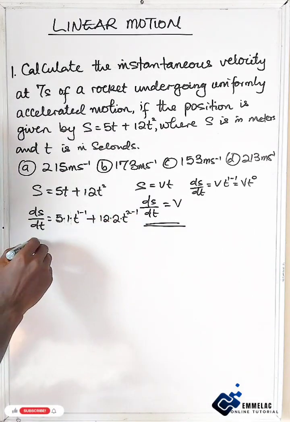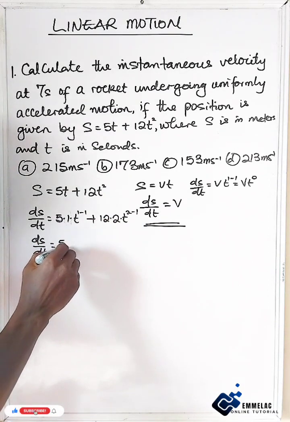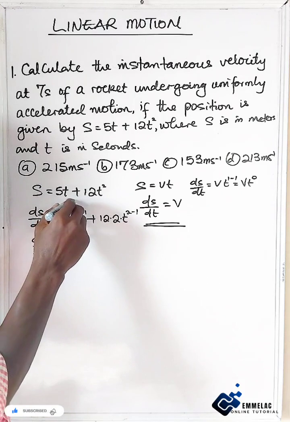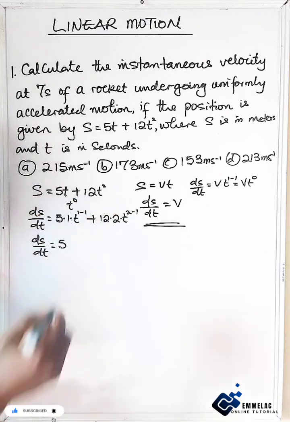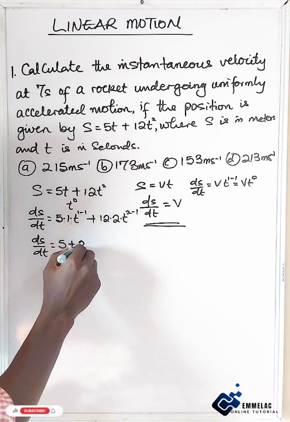Now to this end, we can say ds over dt then equals 5, because this one becomes t raised to the power of 0, and anything raised to the power of 0 is 1. So then plus, here you have 24